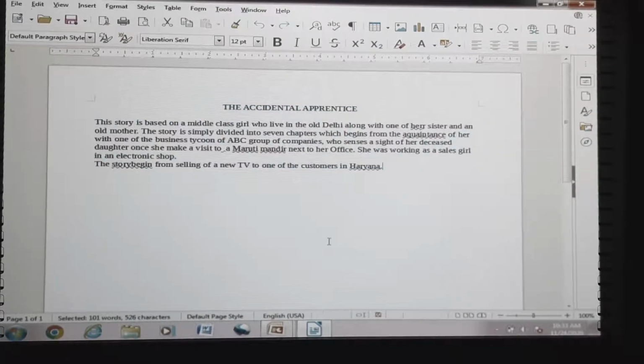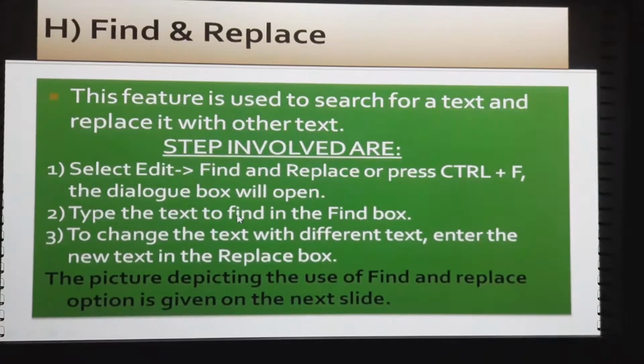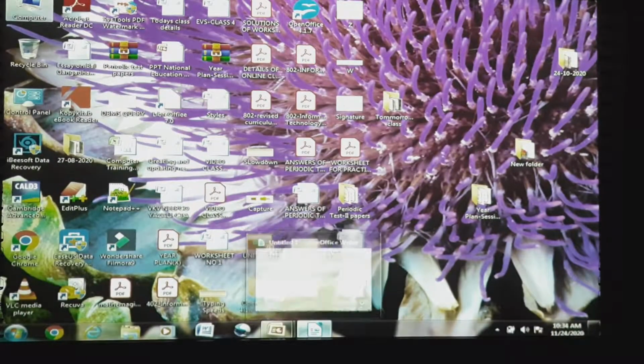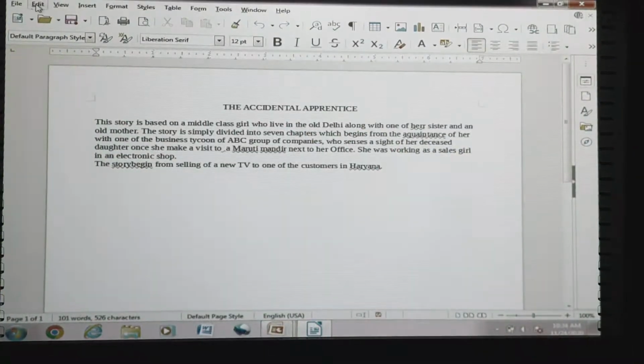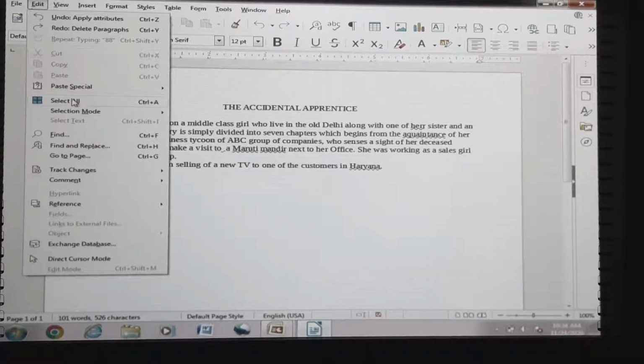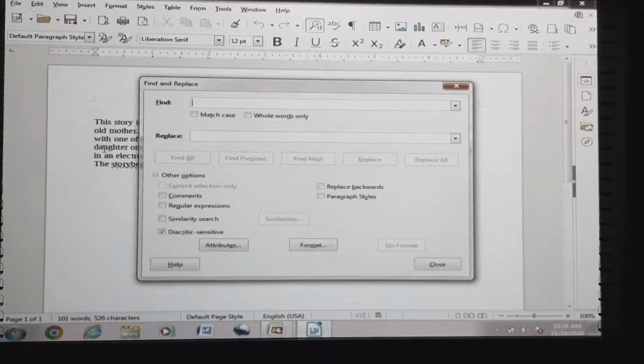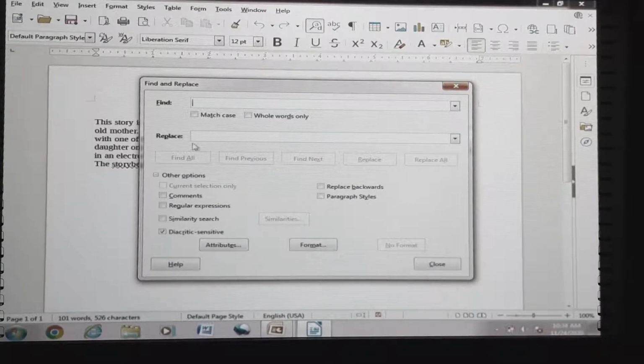This is the paragraph where I am using the Find and Replace option. The steps involved are, first, Edit, Find and Replace option, Control H. Find.